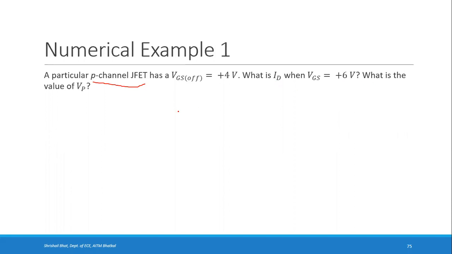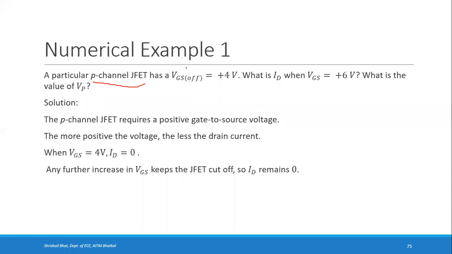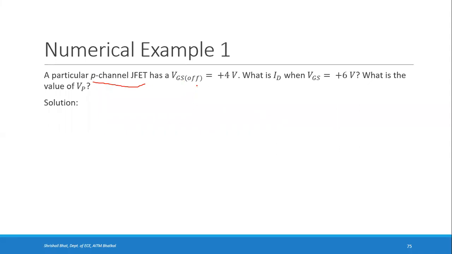It is also asked what is the value of VP. VP is the pinch off voltage. What is given is that VGS off is 4 volts. Then ID is the drain current. You are asked to find ID when VGS is given as 6 volts. What you have to remember is